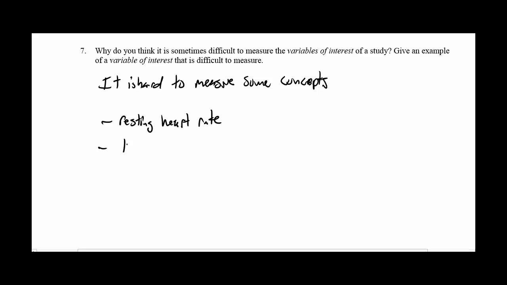If, for example, I want to do a study on whether or not each of us have found our true loves, our significant other, is that the one that we're meant to be with? When we say true love, what do you mean? So open to some interpretation. Talent, if I'm measuring that my talent is improved or that I have the best talent on my football team, what specifically are we measuring talent with, and what exactly does that word in and of itself mean? So variables of interest can be difficult to measure because sometimes they're just not defined that well.